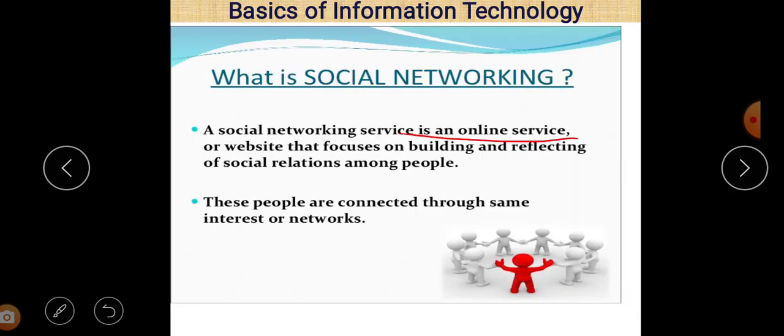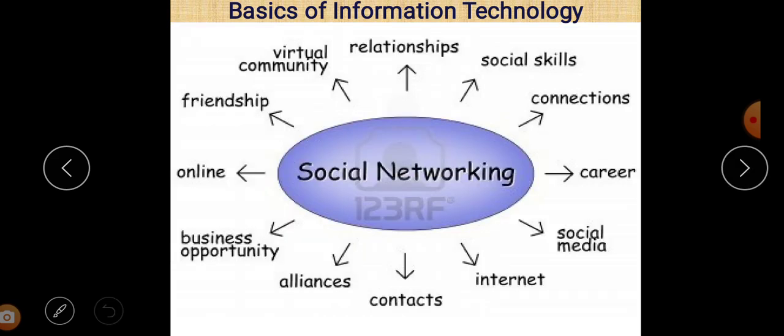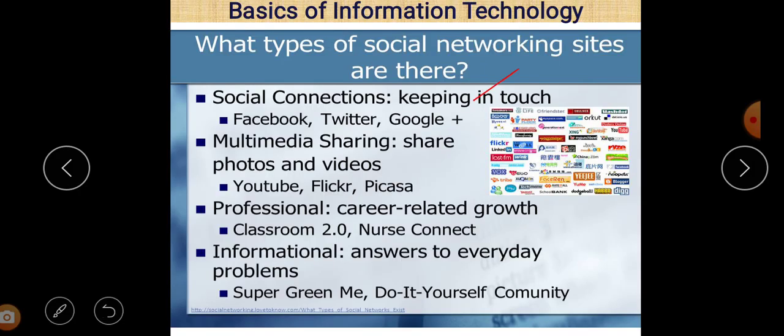This is basically an online service or a website that focuses on building and reflecting the social relations among people. Different categories are there: social connections, multimedia sharing, professionals and informationals. So you can use any of them according to your choice or requirement. For social connection, Facebook, Twitter, Google, these are social networking sites. Then multimedia sharing: YouTube, Flickr, Picasa. Professional: Classroom 2.0, Nurse Connect. And informational: Super, GreenMe and